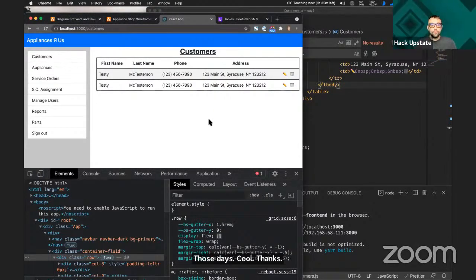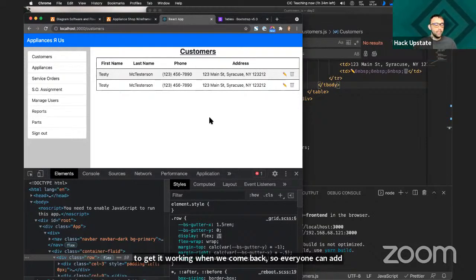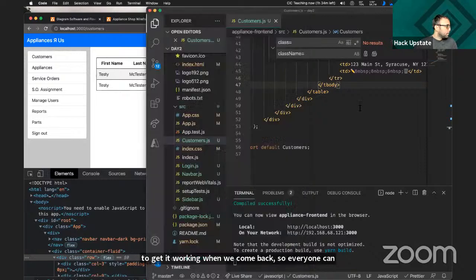All right. I did say we were going to take a break after this, but I'm feeling ambitious because that was way too easy. So I'm going to go through and get our form working. Then I will take a break. And when we come back, save any questions and working on this and trying to get it working for when we come back, so everyone can actually get at least a 15-minute break in. Okay, so